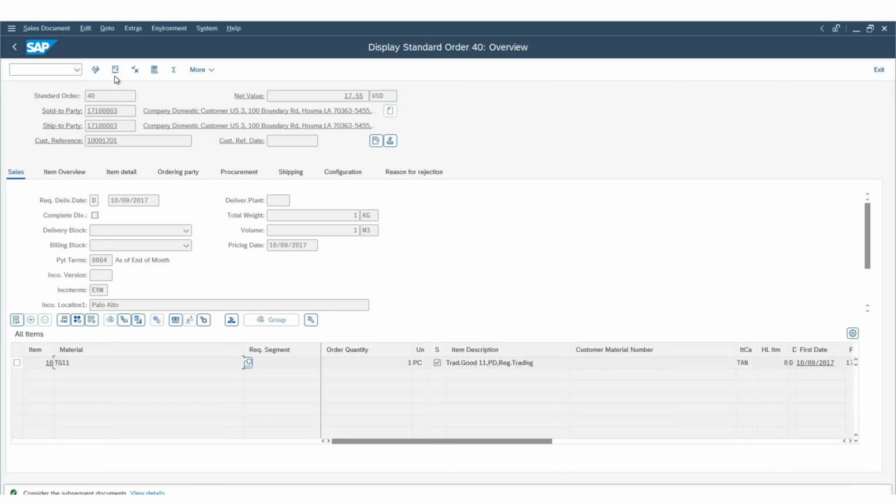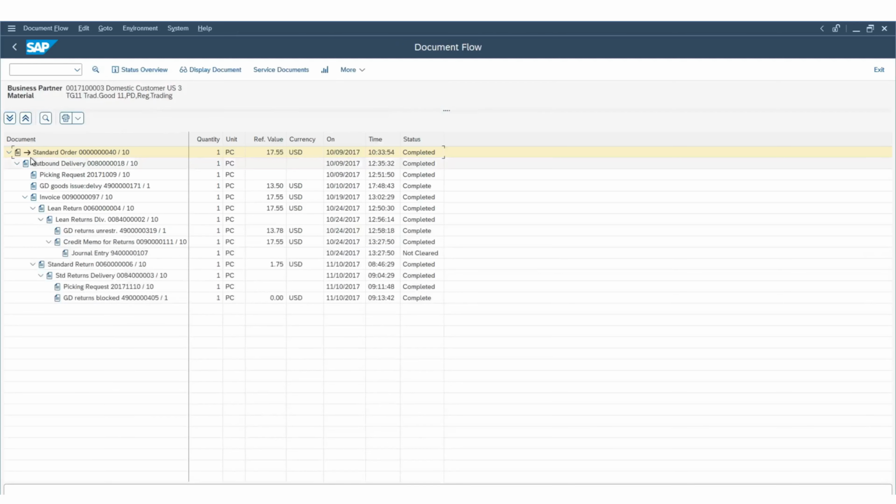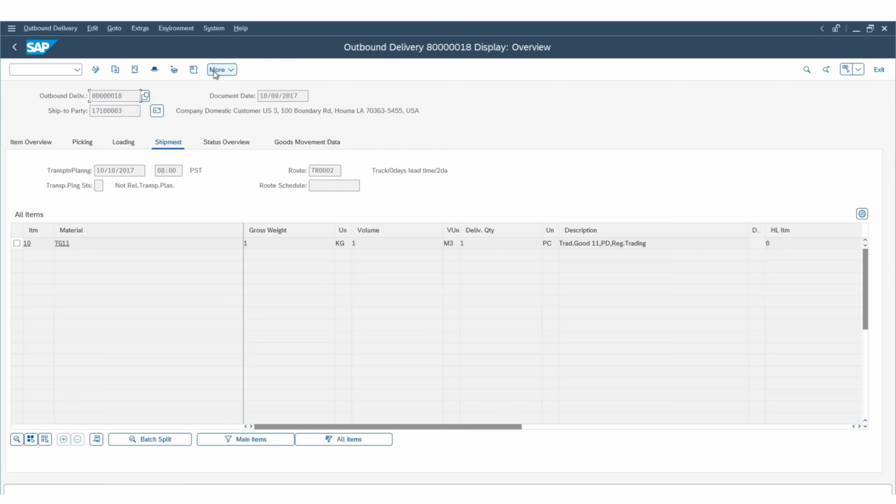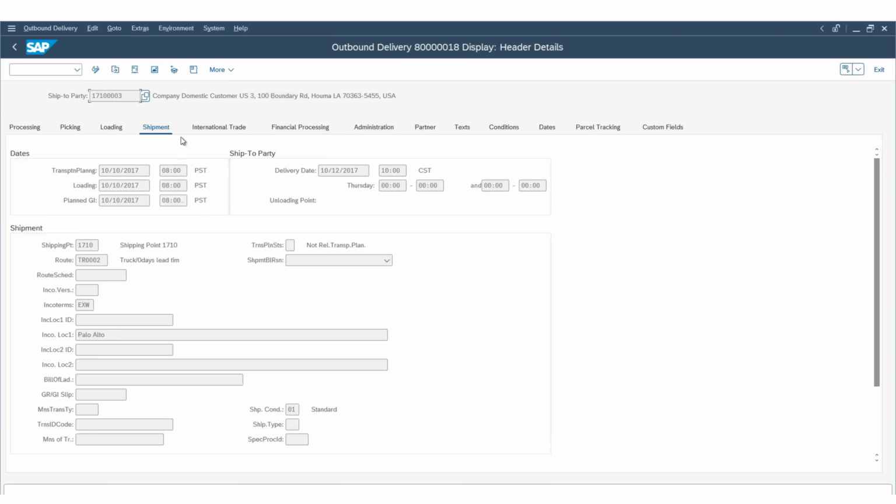Additionally, the delivery documents are created under the standard sales order, which is sales order number 40. Go to the delivery document for the sales order, look at the document flow, and then jump to the delivery document number. You will see that the delivery document is created. Now, if I select this and go to the header details and then to the shipment